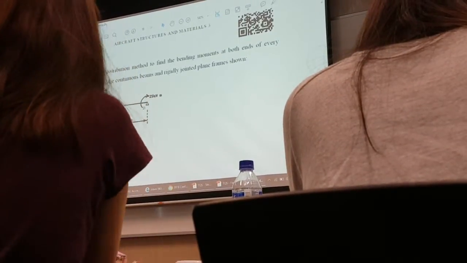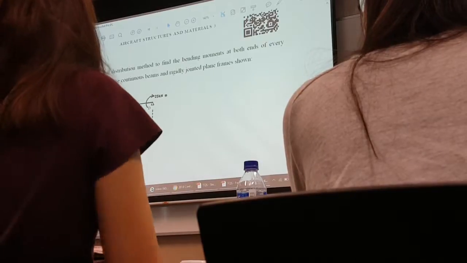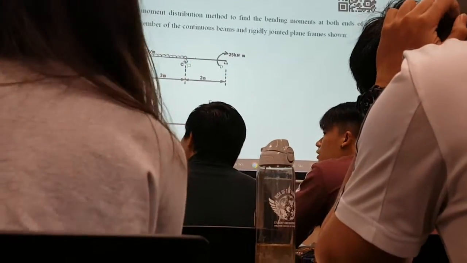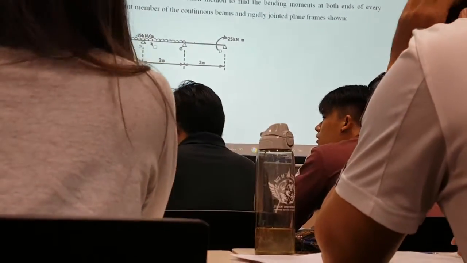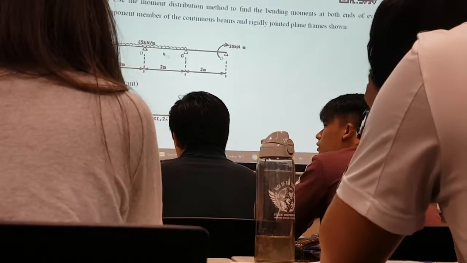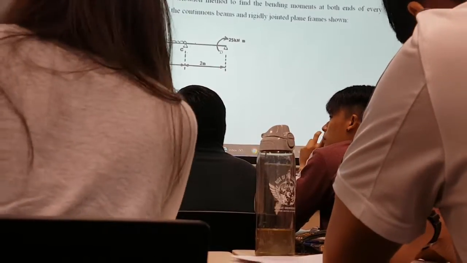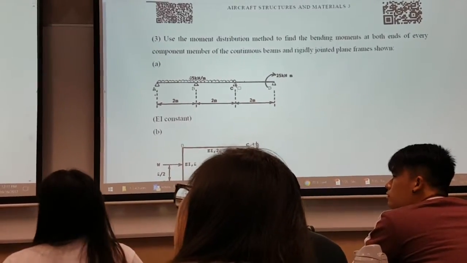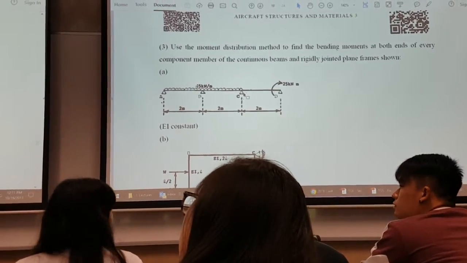So for this case, you need to determine the distribution factor for node B and node C, because whatever moment is induced at node B has to be distributed to member BA and also member BC. For node B, because the opposite end is a pin end, it's actually 3/4. But on the other side, when you move on to BC, this is not really a pin end. It's considered a fixed end, so the alpha is actually 1.